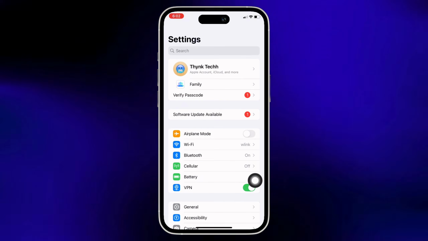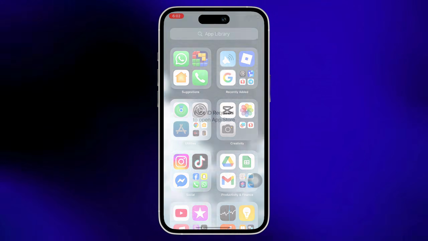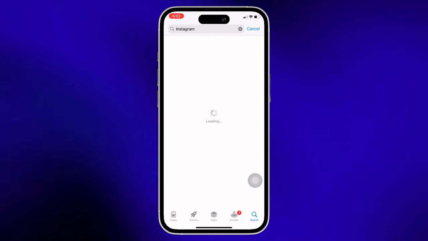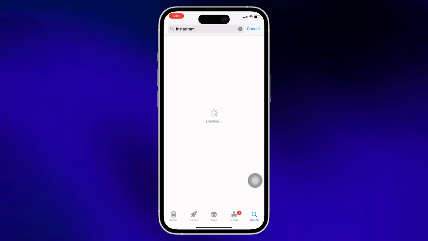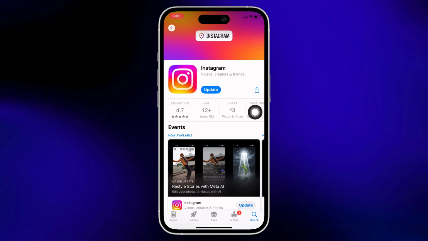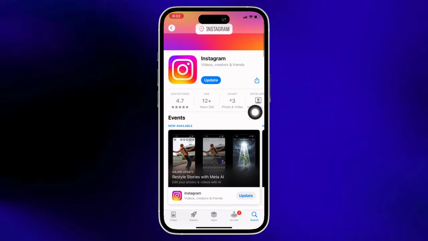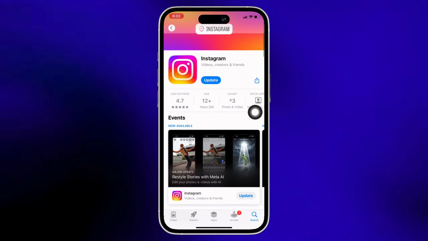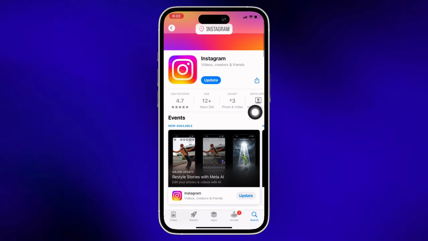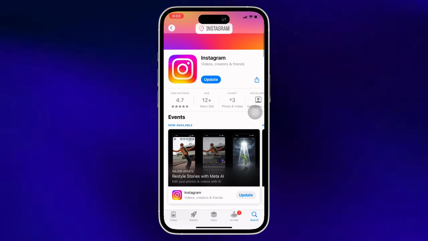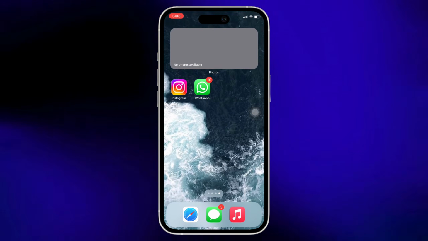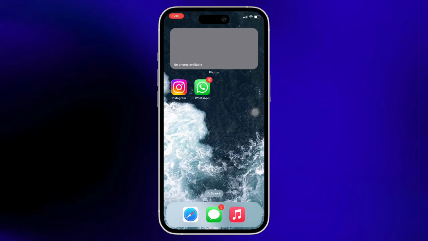Next, open App Store on your device and tap on the search bar and search for Instagram and make sure the Instagram application is updated to its latest version. And if not, then go ahead and update the app further. See if that fixes your issue or not, and if not, then go ahead and in your home screen tap